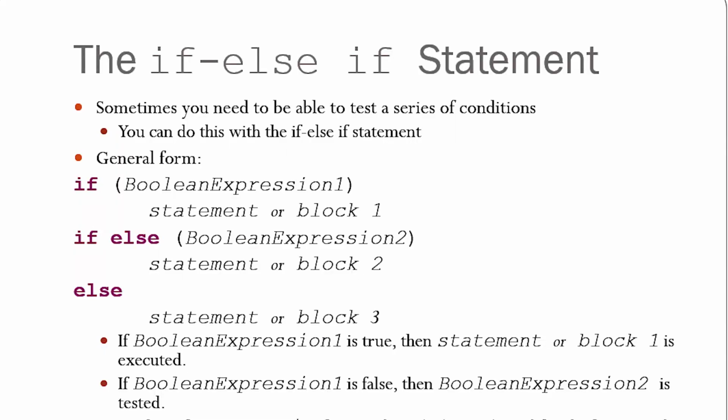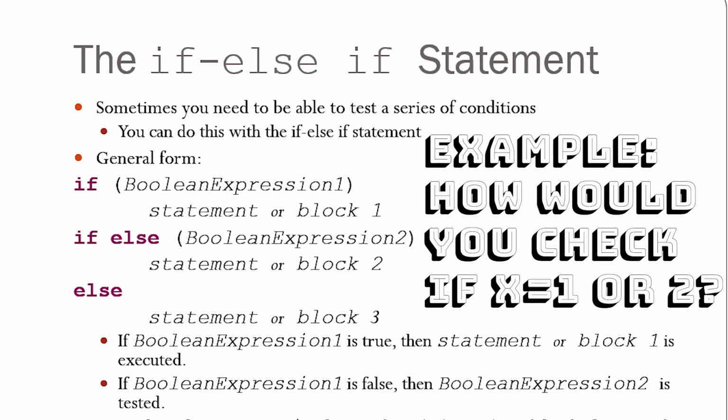Alright, now let's move on to the syntax of the if-else statement. So first we have if, which would test for a simple yes or no. Let's say you have a variable x and you want to check the value of that particular variable, and in this case, let's say you want to check if the value is 1 or 2. So the code snippet for that would be: if (x == 1) { System.out.println("x equal to 1"); }